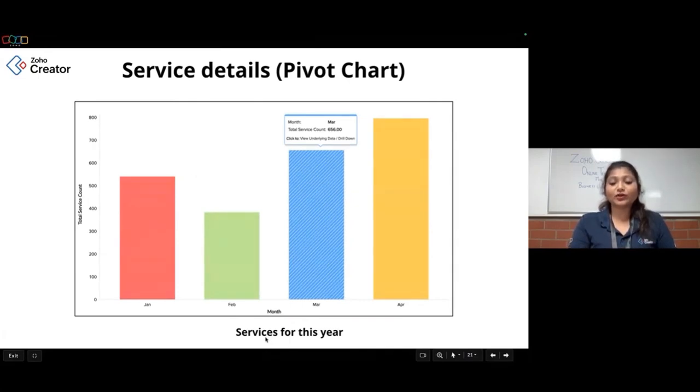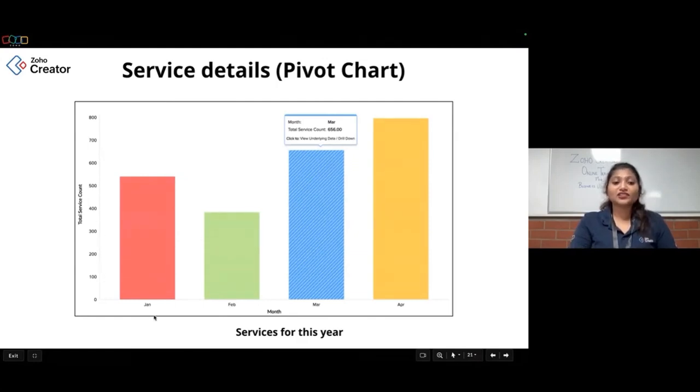I'm going to get the count for this particular year, and I'll also see the total service count, along with which month the highest number of services came in and which month had the lowest. I can analyze them with the help of the pivot chart. Here in this picture, below is the month I have defined, and here I have defined the total service count.